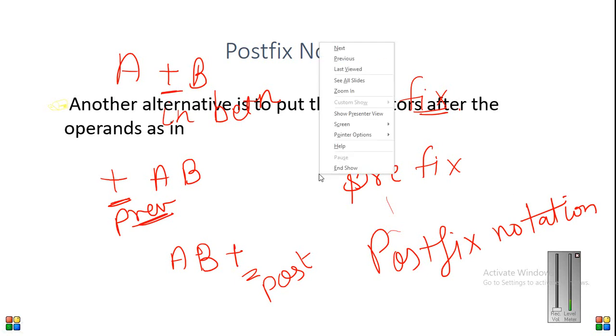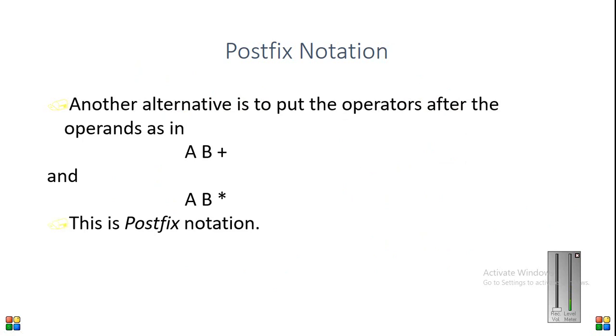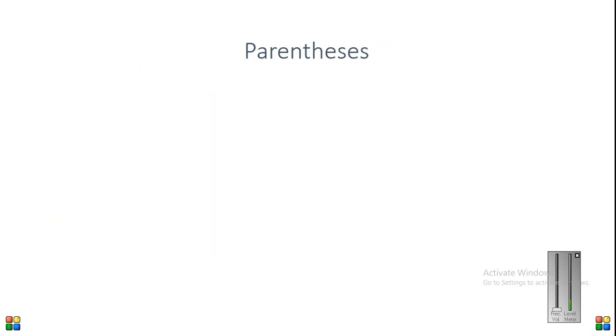Okay, we just see some examples here. Now you can see ab plus, right? This is known as postfix because the operators, plus, asterisk, all these things are post the operands. Now we would say, why do you actually require this? We don't do mathematics in this fashion, right? We will come to it. So we have something called parenthesis also.